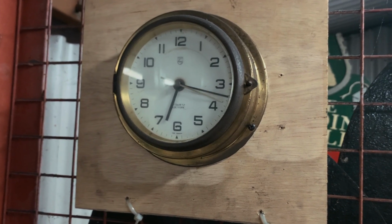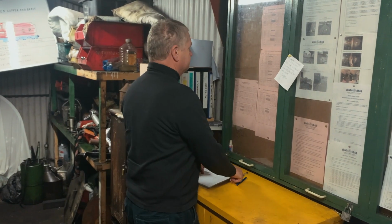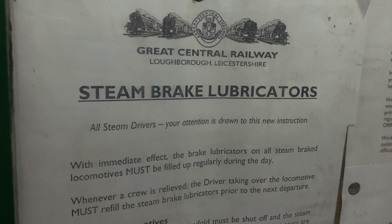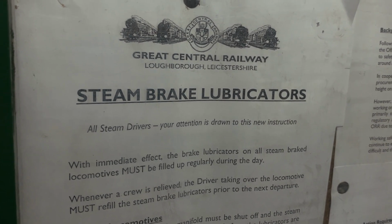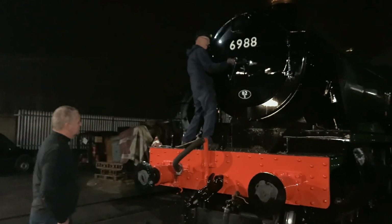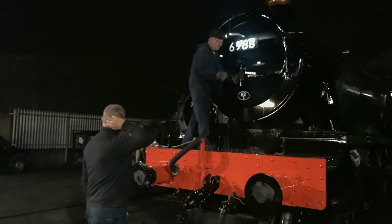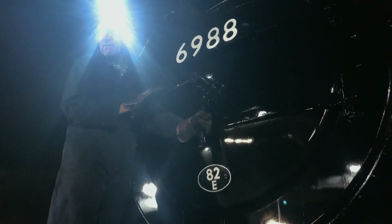In the cold darkness of an October morning, driver Andy Fillingham signs on for a shift. First job, as always, check for new notices. Right, I'm going to put throwables on. Okay, thanks. Then it's into the yard to meet his fireman for the day, Dave Loasby, who is already at